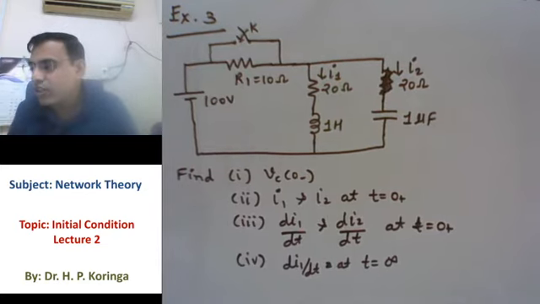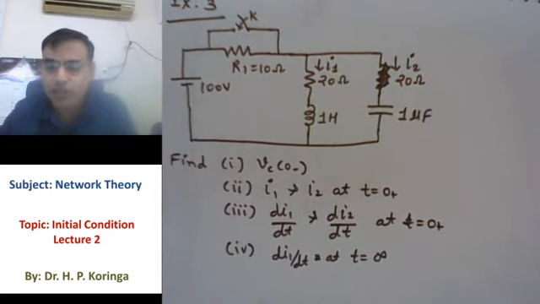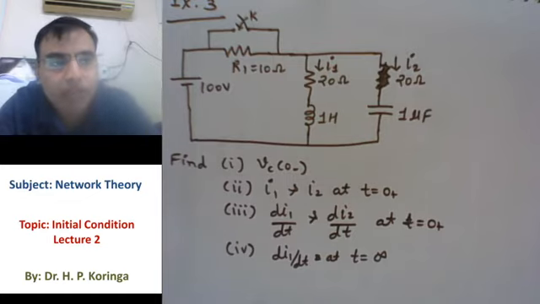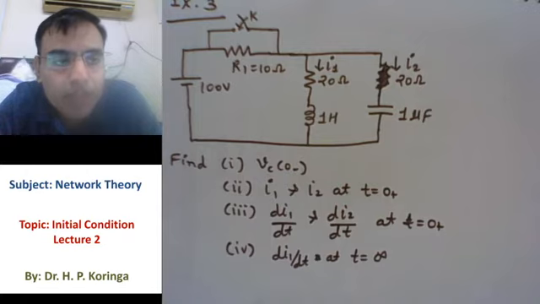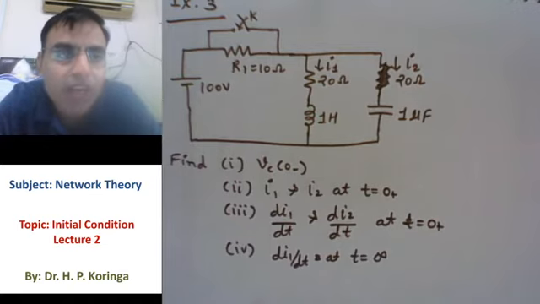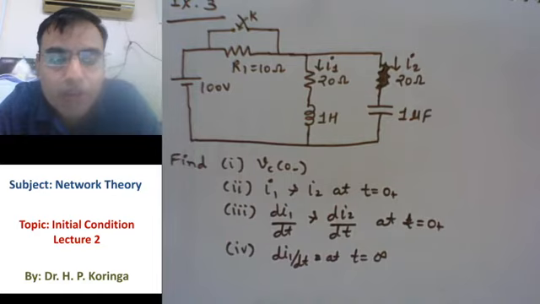Right? So these things have to be found out for these networks. So what are the steps? The steps: we have to draw the network at t = 0⁻ times to find out the voltage across the capacitor at t = 0⁻ times. We also get the current passing through the inductor at t = 0⁻ times. Also we can identify whether the inductor and capacitor are charged or uncharged components, right? That information we will get if we draw the network at t = 0⁻ times.